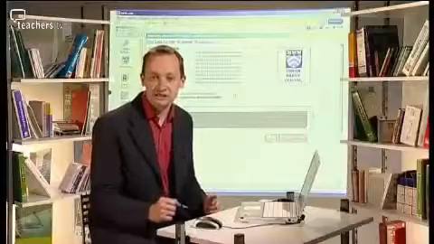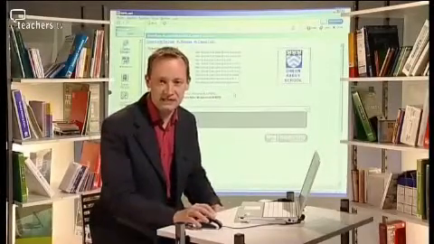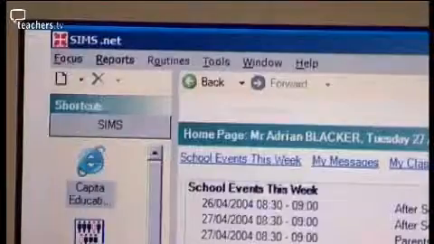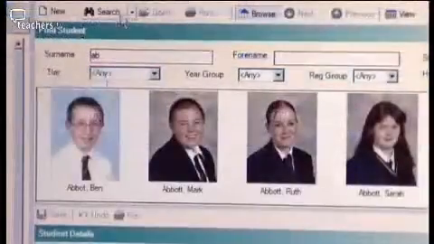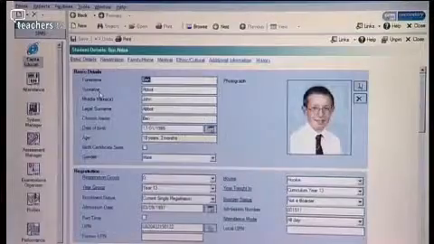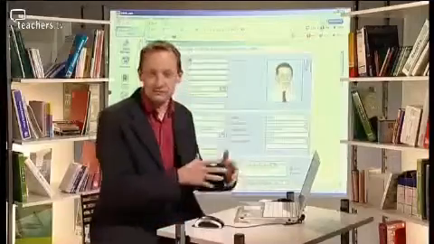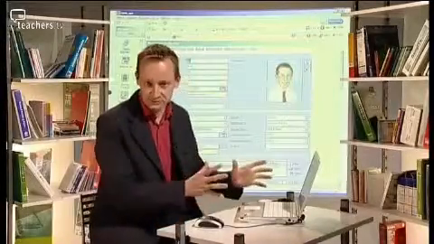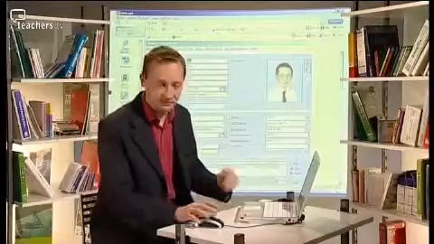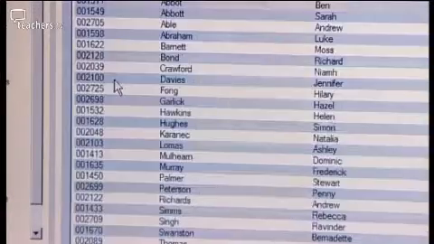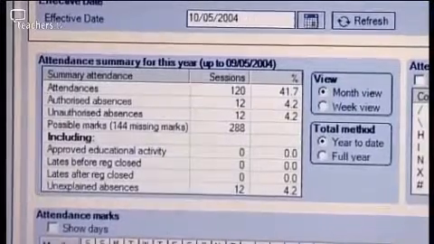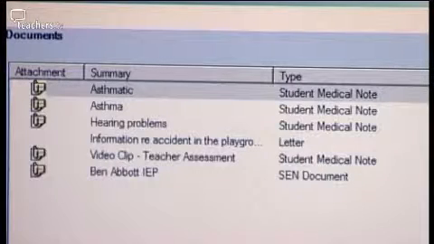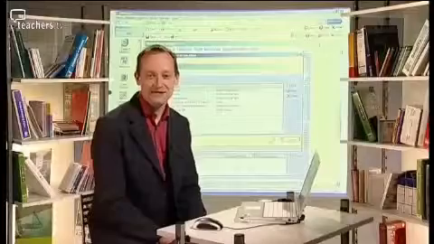But supposing I want to look for a particular student, well, we can use the focus menu, and this allows you to hone in on different areas of the database. So all I need to do is type in the pupil's name. I'll select the photo, and there we have it. Now within the record you've got links to the family and home details, medical information, that sort of thing. But we can also go to class information. I can click on the registration group here. Alternatively, we can pull up a student's attendance record. And within a pupil record you've also got links to detailed documents about that pupil, so you could search for an IEP, for example. So that's how you get around in Sims.net.